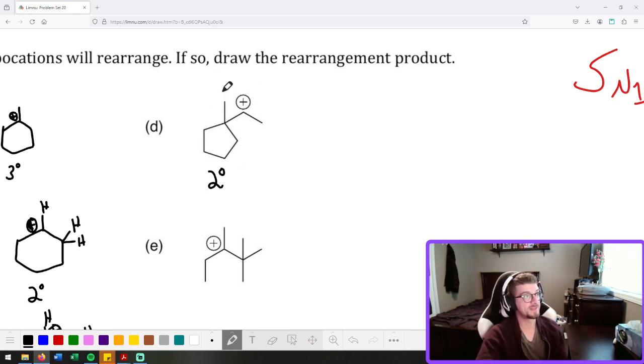But what it does have is a methyl group, and just like with a hydride shift, we can also do a methyl shift. It's a little bit harder, a little bit more energetically expensive, but it can absolutely happen, especially if it makes a carbocation somewhat less terrible. It certainly can happen. So if we take this entire methyl group and shift it over to that carbocation, what we produce